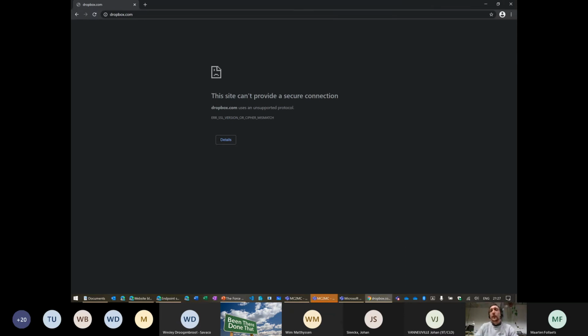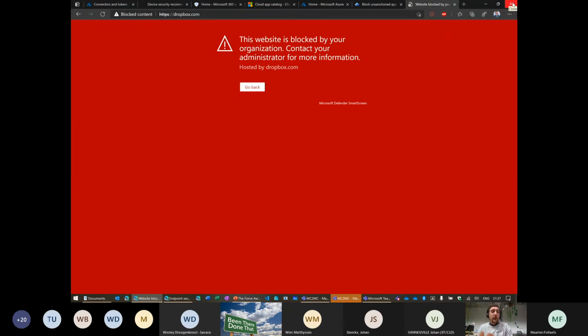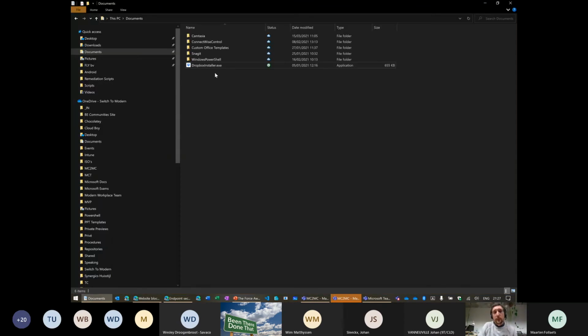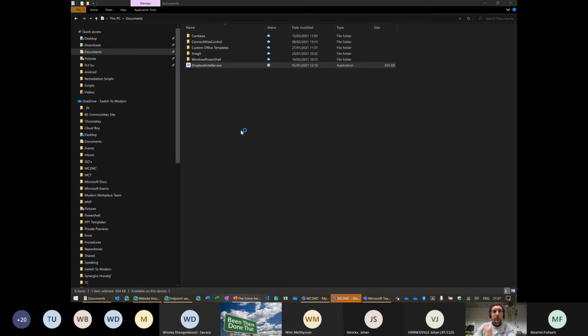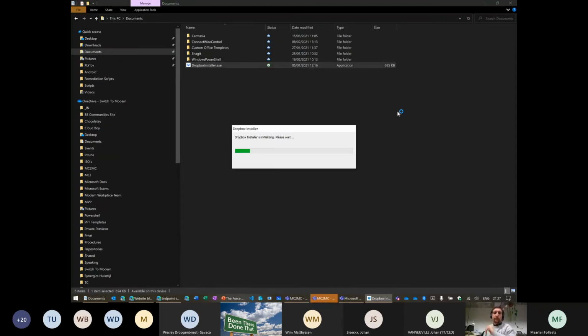But what is even neater, we can't access it in our browsers, of course, but I have the installer here. So let's run that installer. And you will see that this will also get blocked. So he won't be getting to Dropbox in any way possible. So the power here of MCAS is that it's blocking on a network level according to the configuration that we have made. And it integrates with the 3 products. So we have Intune, which pushes the configuration, which onboards the devices to Endpoint Manager, which will be blocking it, working together with MCAS to block it. So that's a really neat product.